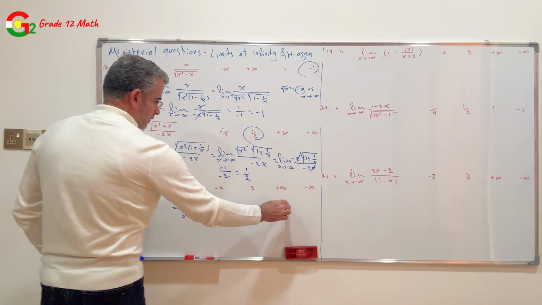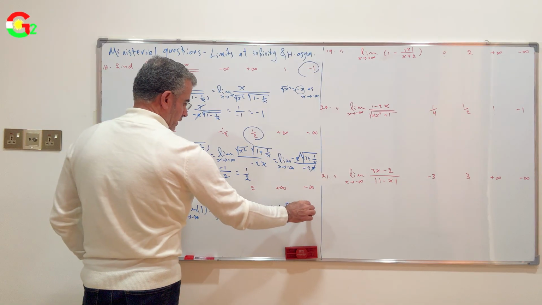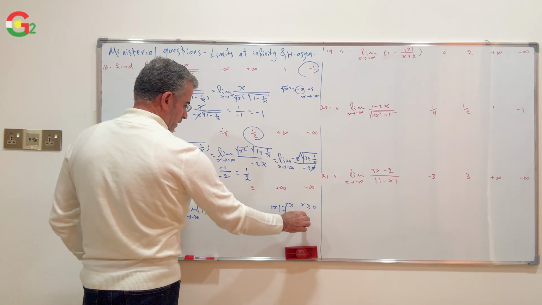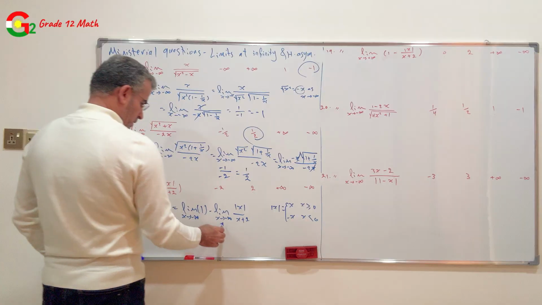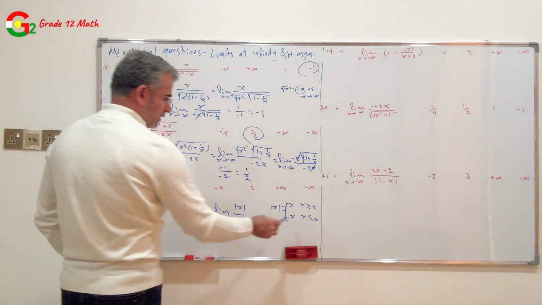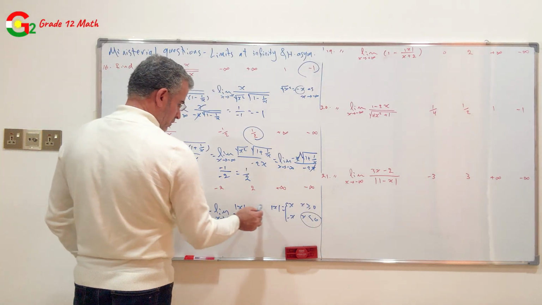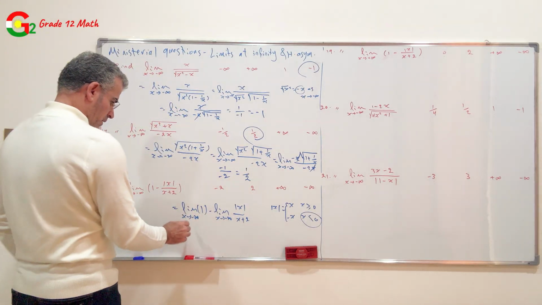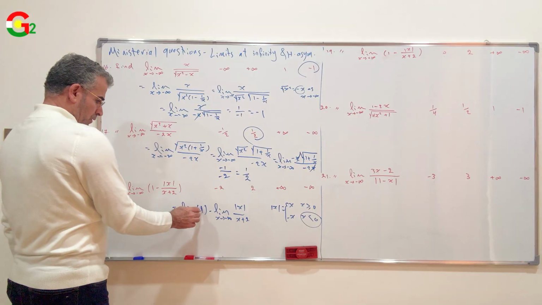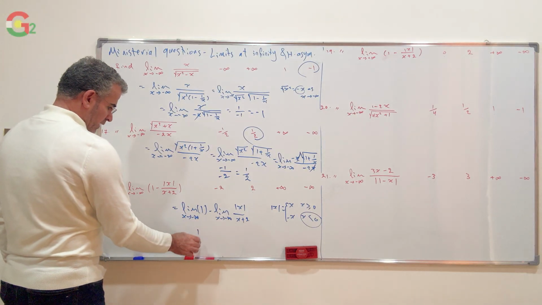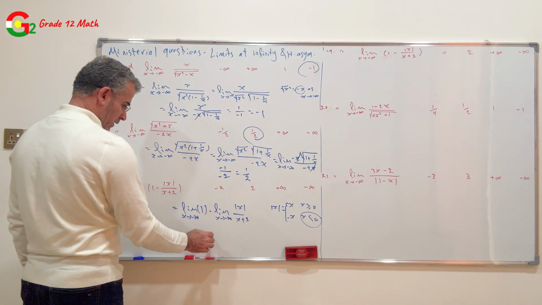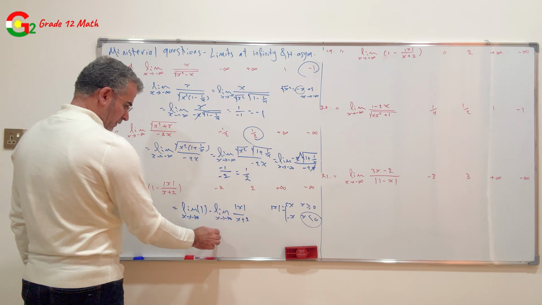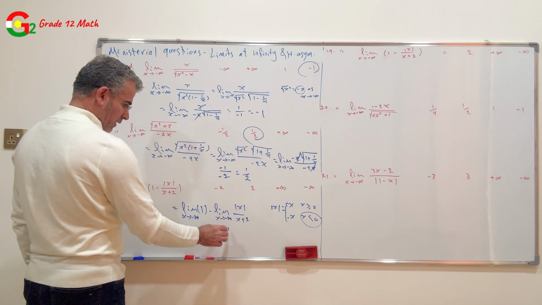Absolute value of x equals x when x is greater than or equal to 0, and negative x when x is less than 0. Since x approaches negative infinity, x is less than 0, therefore the absolute value of x equals negative x. And the limit of 1 as x approaches negative infinity is 1, minus negative x over